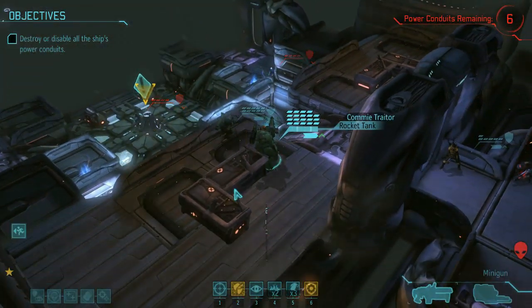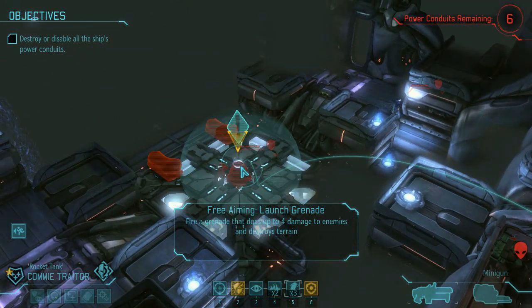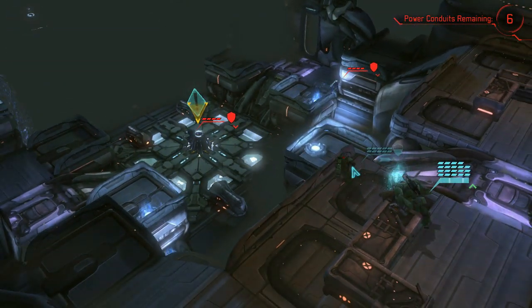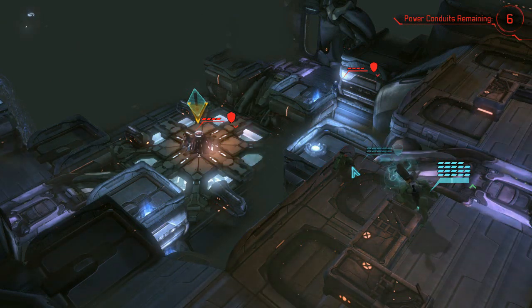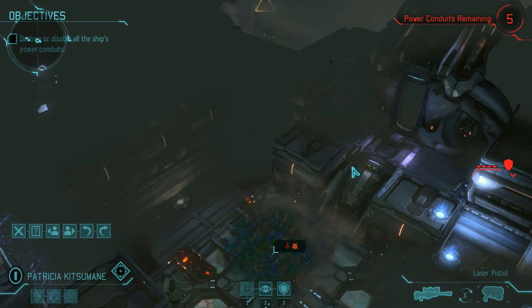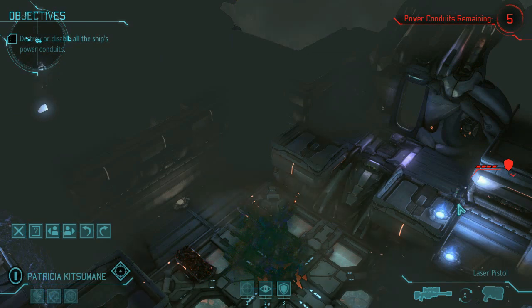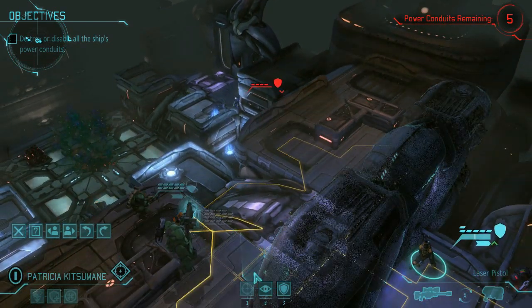Well, we could give you a grenade launcher, which does do 4 damage. Okay. That makes that move a lot simpler. One down. Commander, whatever you just did seems to have stirred up the Hornet's nest. The aliens are going to throw everything they've got at us to protect that ship. Okay. This could get bad then, a bit later, but for now,